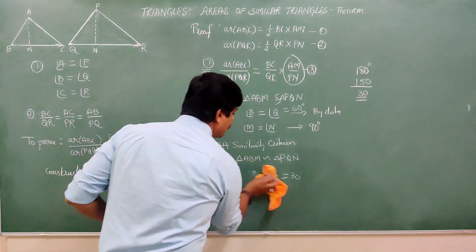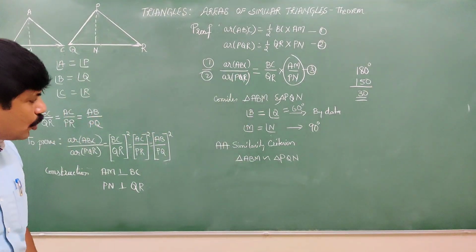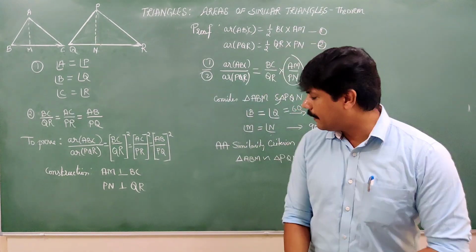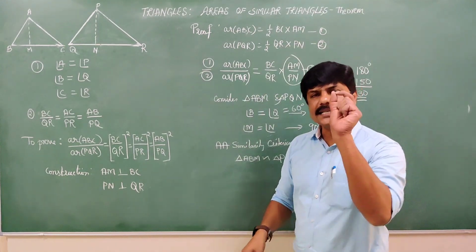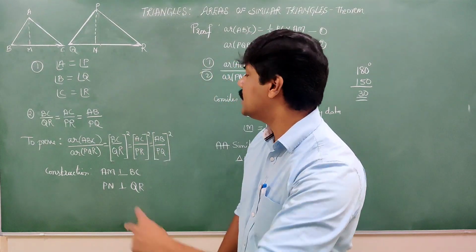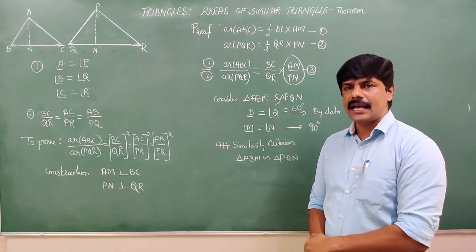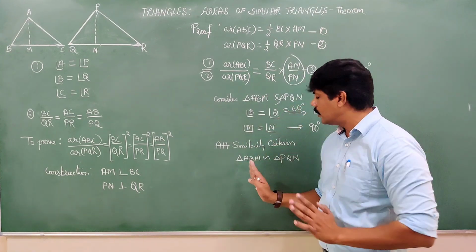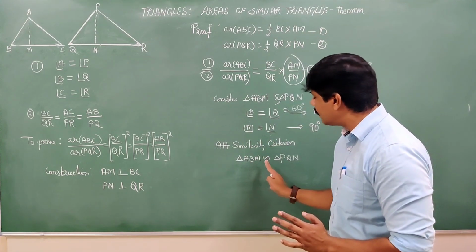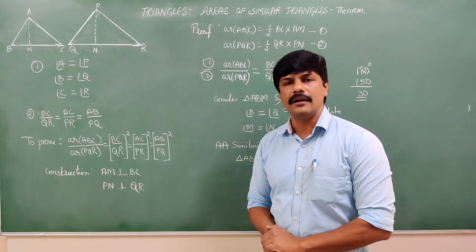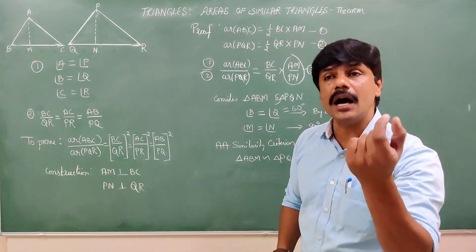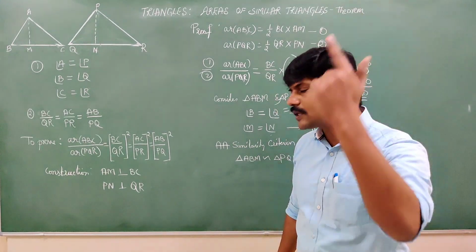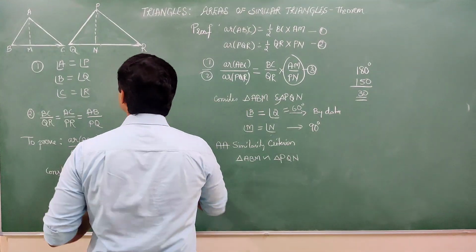Now we'll jump on to our theorem. We have proved that triangle ABM is similar to triangle PQN. Once it is similar, then we have two conditions. What are those two conditions? Corresponding angles are equal; based on that only we have proved triangle ABM is similar to triangle PQN. The other condition: their sides are in the same ratio. Corresponding sides are in the same ratio. Which are those corresponding sides? See here,